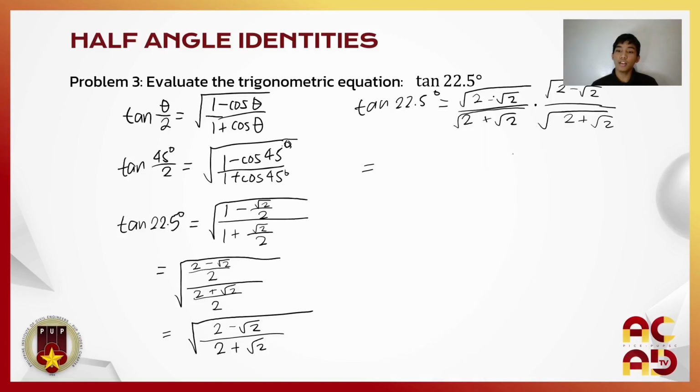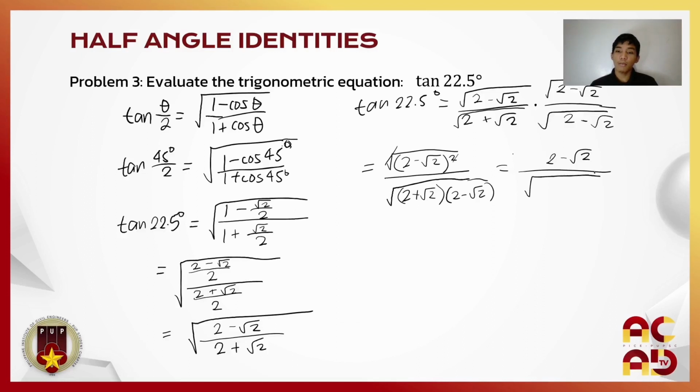dahil nga na square ito, makakancel natin yung square root sign. Kasi magiging the square root of 2 minus the square root of 2 squared divided by, this should be minus. So, ito naman na sa ilalim, magiging 2 minus 2 plus the square root of 2 times 2 minus the square root of 2. So, pwede pa natin itong i-simplify. Makakancel out yung squared sign at yung squared, magiging 2 minus the square root of 2. Then, divide natin yan. Dito, kapag simplify natin yung inside,